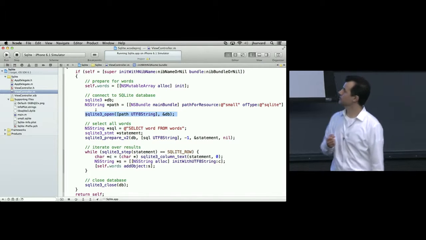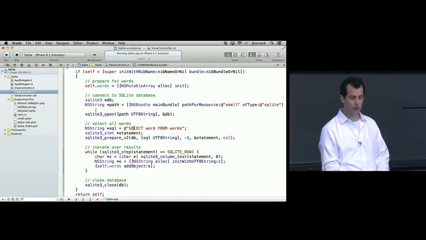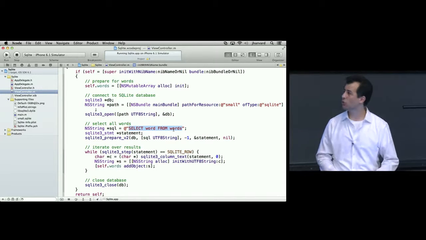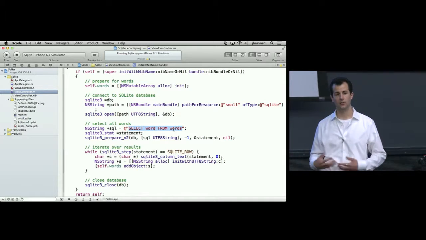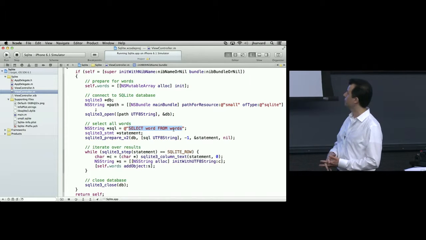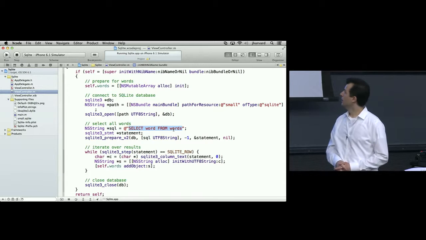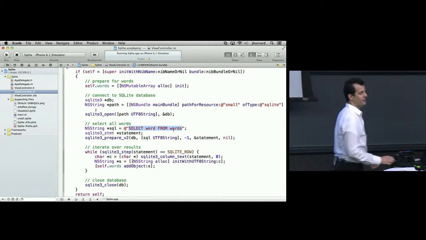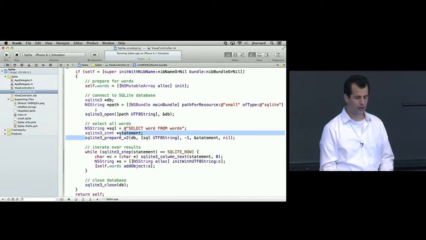All right, what's happening next? I'm selecting all words. So this is what I meant earlier about the expressiveness. This is a SQL query, and this file at the end is only going to have one such query. But again, there's other keywords like delete, update, insert, and yet others. Select is the operative word here. Here I'm declaring an NSString called SQL. In the next line, I'm dropping back down into C, declaring a statement. And then in this third line, I'm calling